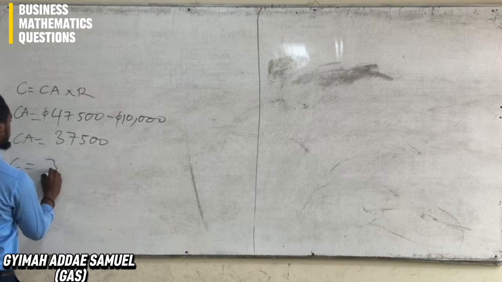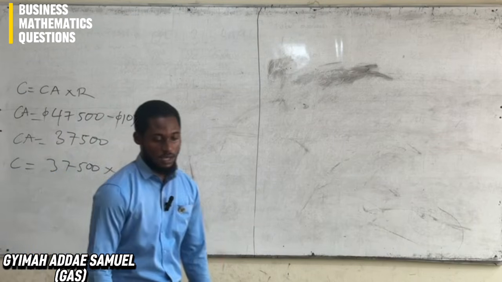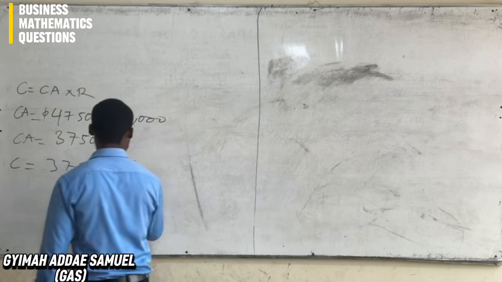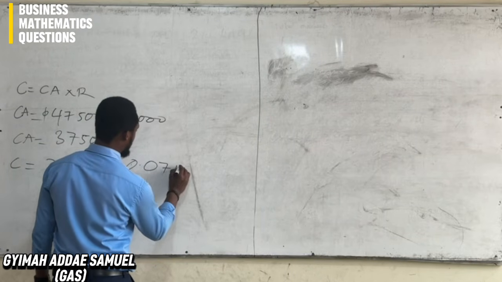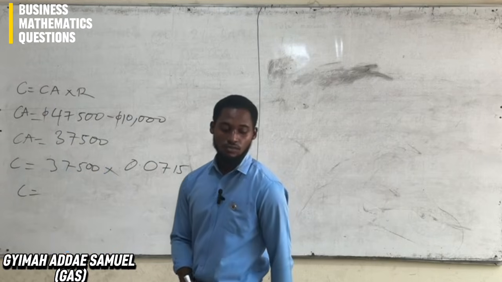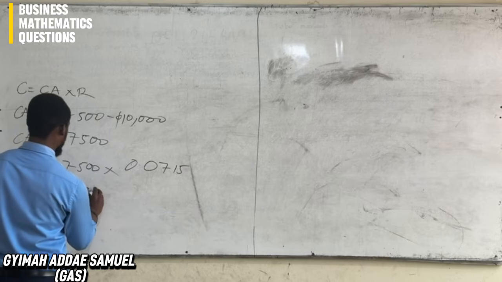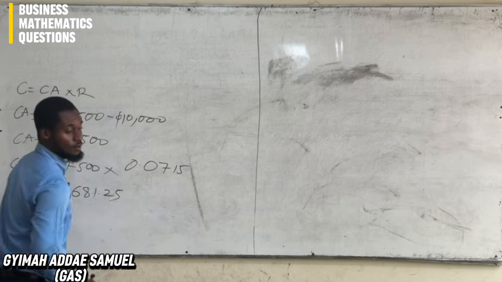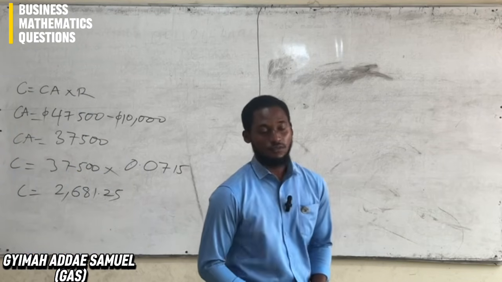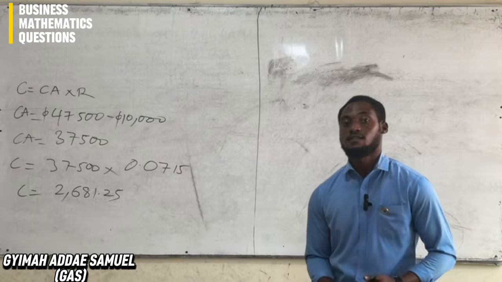So our commission becomes 37,500 times our rate, which is 0.0715. So our commission is 2,681.25. We move on to find our override, and we know that finding override too has a formula which is